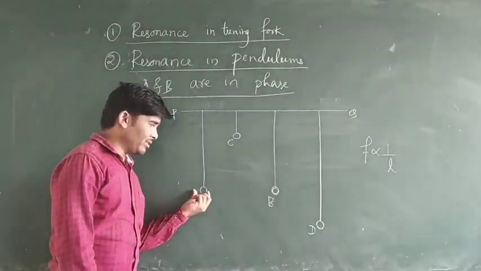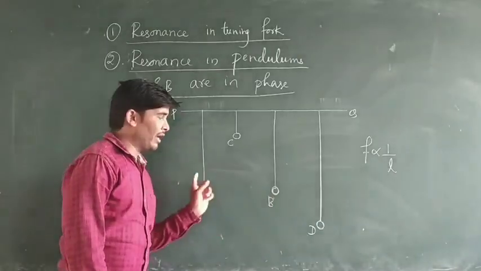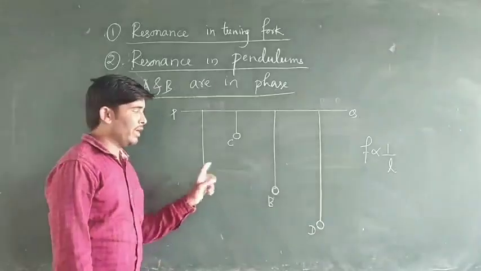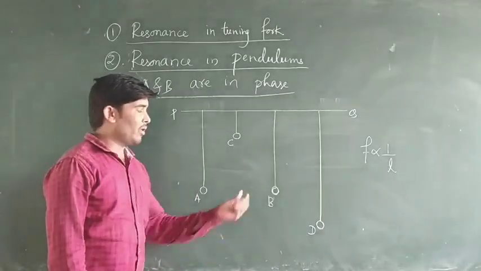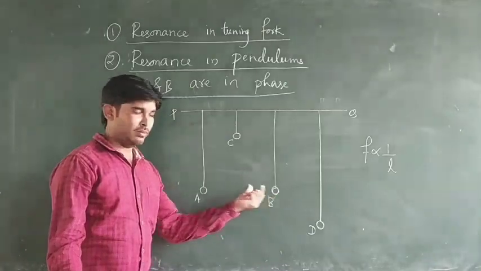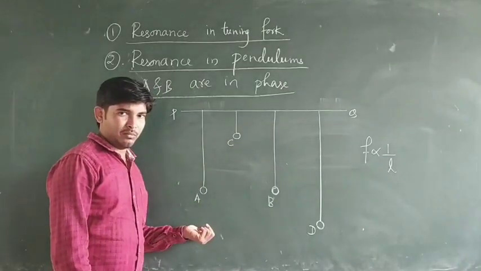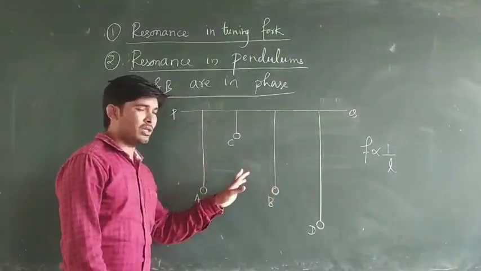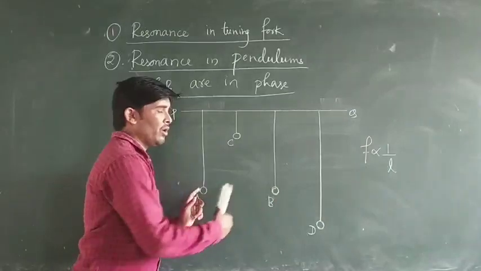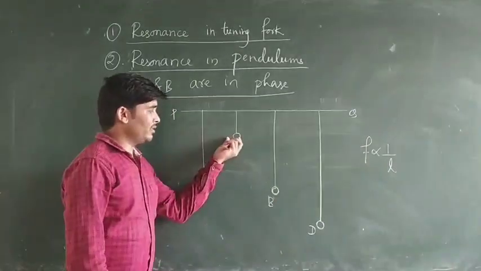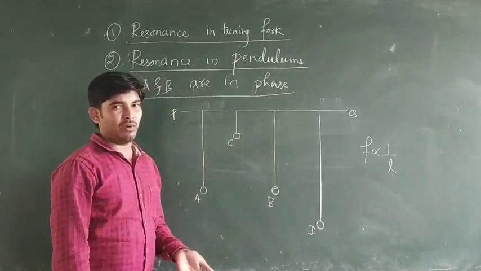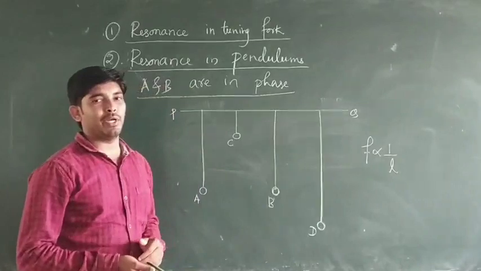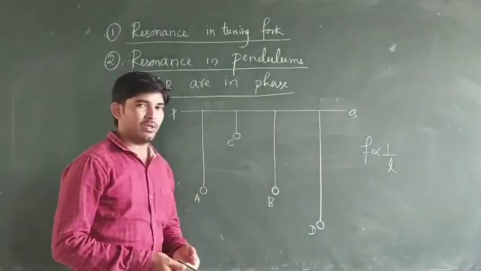So due to the equal lengths of pendulum A and B, the energy is shared between only these two pendulums due to their equal lengths. And once the amplitude of A becomes maximum, then the amplitude of B is minimum. Thereafter when B's amplitude is maximum, A's amplitude is minimum. So that is because of sharing of energy between these two pendulums. And C and D, due to their unequal lengths, they also vibrate, but they vibrate with less amplitude.